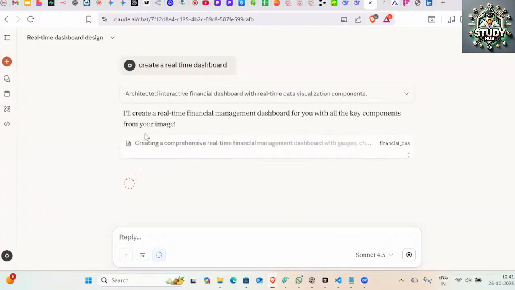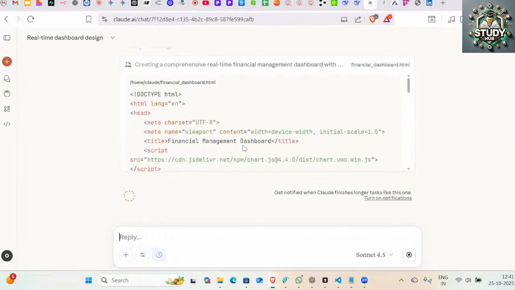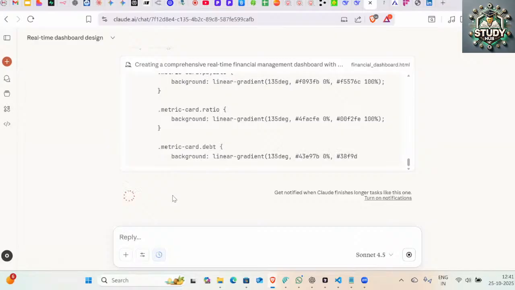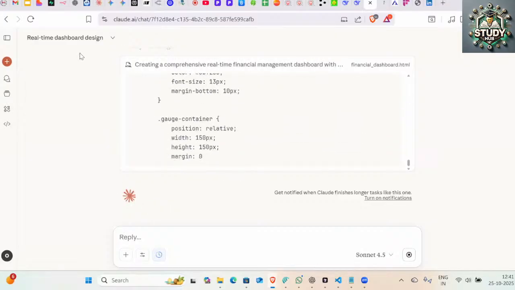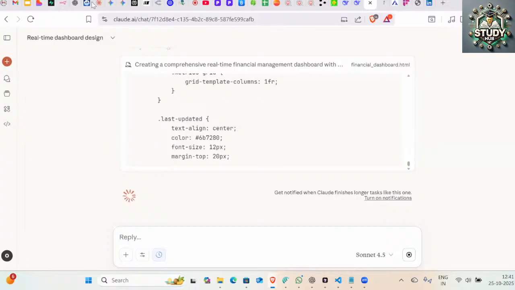So generally it starts coding. It is now coding, and it can generate this financial dashboard, and generally it renders it inside this window. But let's see if it is able to render it or just give me the code once it is done.